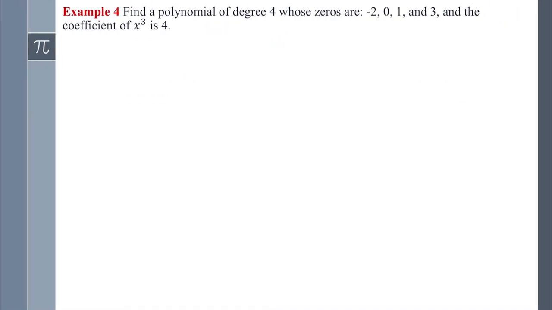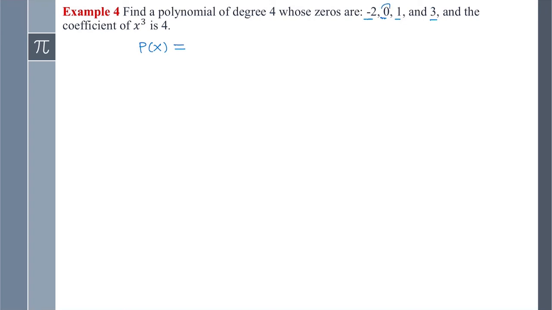Now let's look at the last example for this section. It says find a polynomial of degree 4 whose zeros are -2, 0, 1, and 3, and the coefficient of x cubed is 4. If we are given the zeros, we can easily write the factors. So let's say our polynomial is p of x equals,